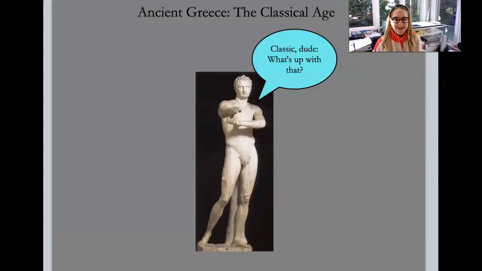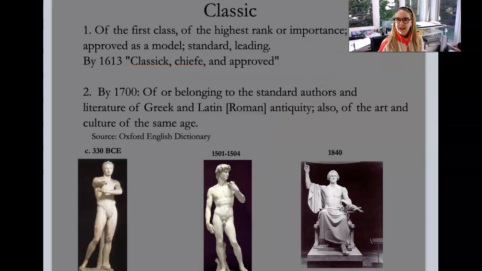So to sum up some of the issues we talked about today and where we're going to be going next class when we talk about ancient Greek art and the classical age, I want you again to ask yourselves this question, right? What does the word classic mean to you when you talk about it in terms of art? And there are actually several different interpretations of what it means. Sort of the classic, the first rank, the highest rank.